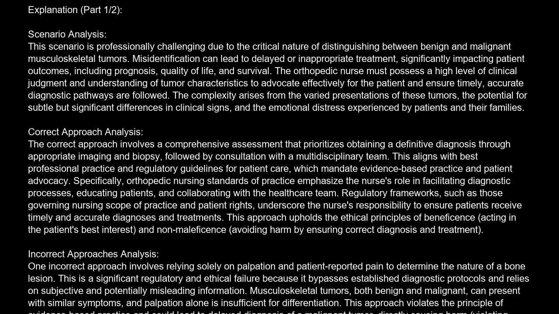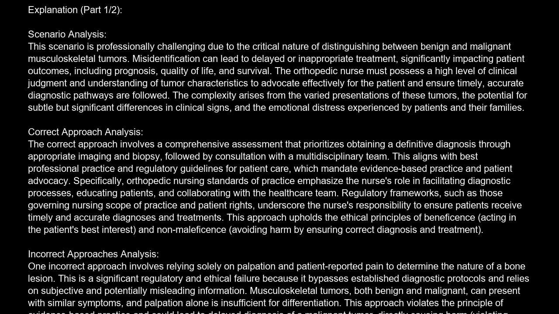This aligns with best professional practice and regulatory guidelines for patient care, which mandate evidence-based practice and patient advocacy. Specifically, orthopedic nursing standards of practice emphasize the nurse's role in facilitating diagnostic processes, educating patients, and collaborating with the healthcare team. Regulatory frameworks, such as those governing nursing scope of practice and patient rights, underscore the nurse's responsibility to ensure patients receive timely and accurate diagnoses and treatments. This approach upholds the ethical principles of beneficence, acting in the patient's best interest, and non-maleficence, avoiding harm by ensuring